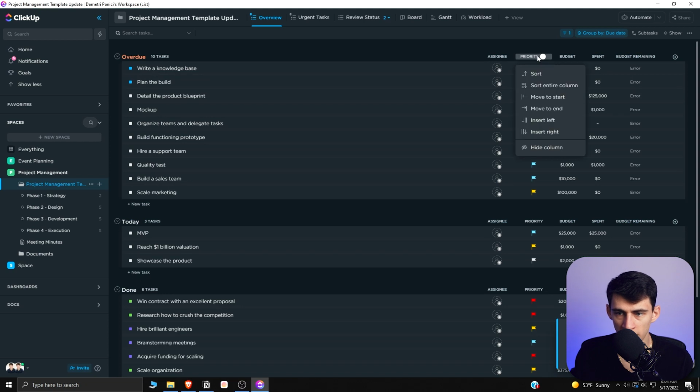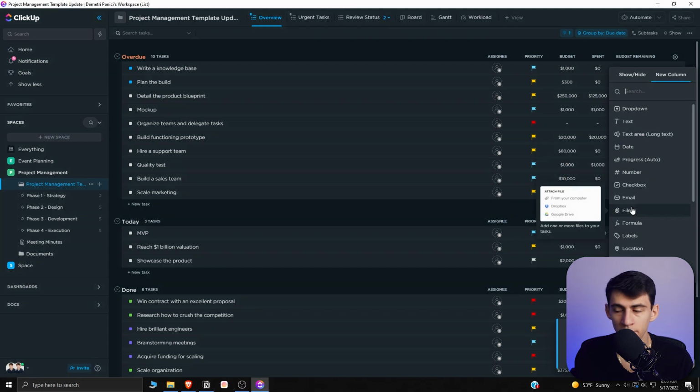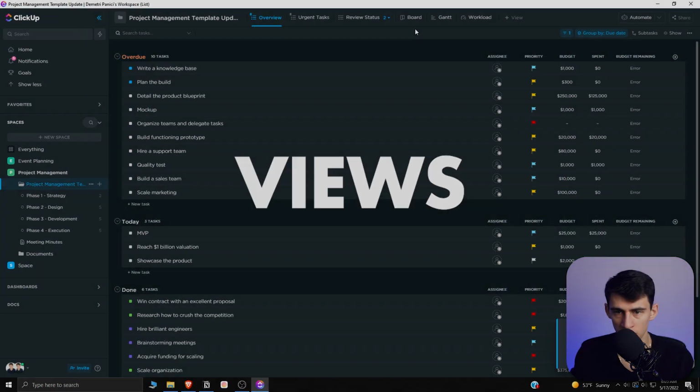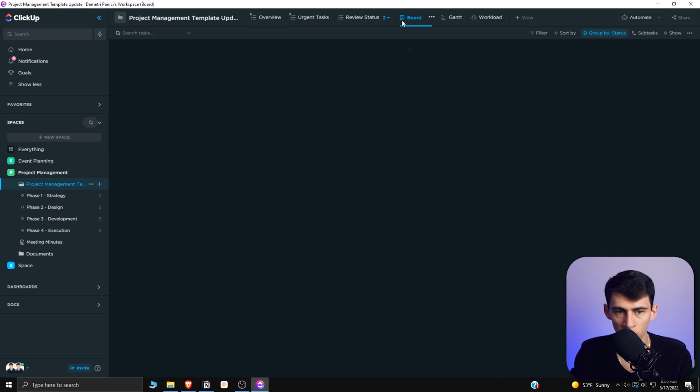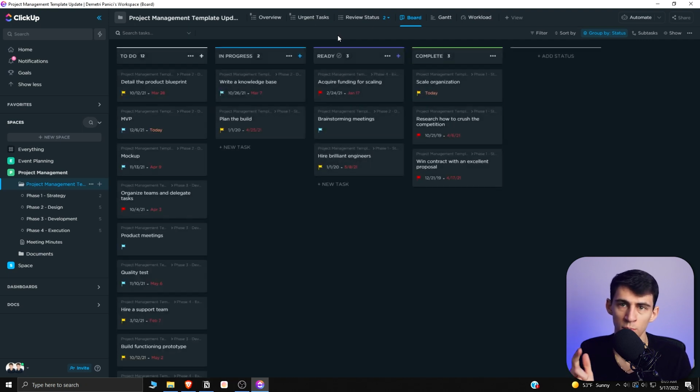And then there's another way to hide columns by going here and clicking on it and hiding them. And there's another way to add columns by pressing here and adding them. Now regarding the different views, you've seen the list view, but what other views do we have? We have a board view, which is a Kanban view that is actually pretty simple to work through. I think some of the main ones you want to focus on are the list view, table view, board view,